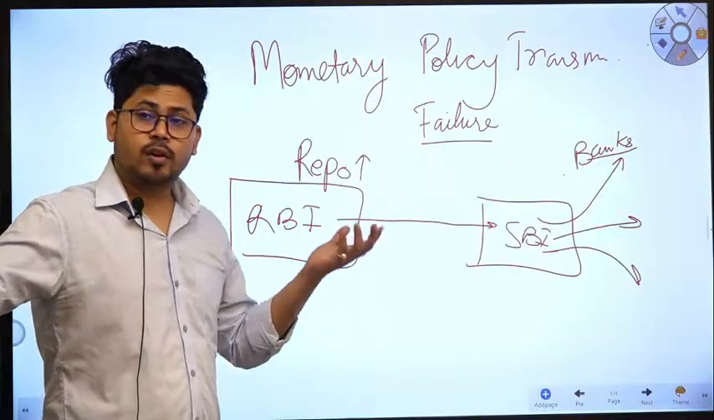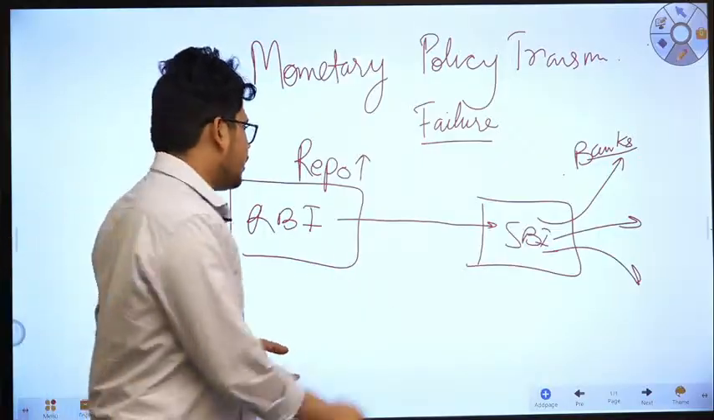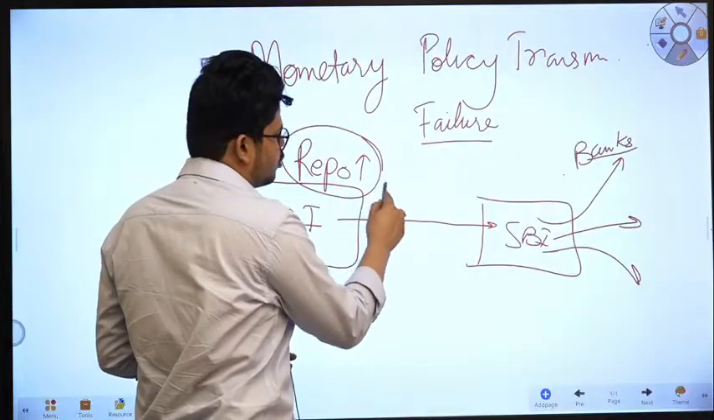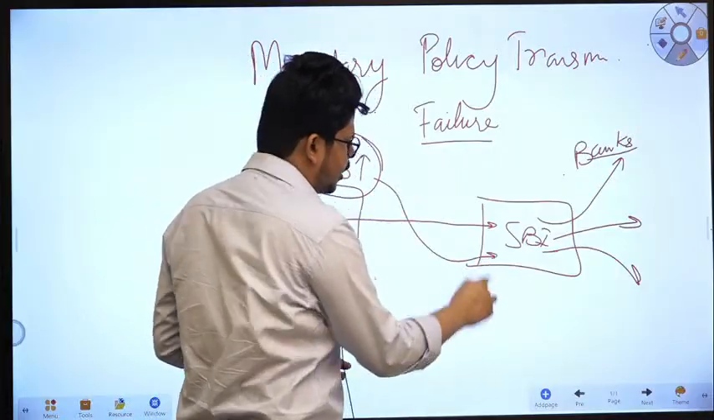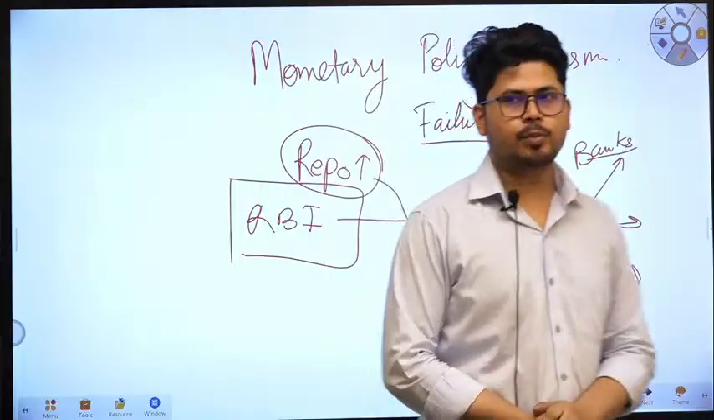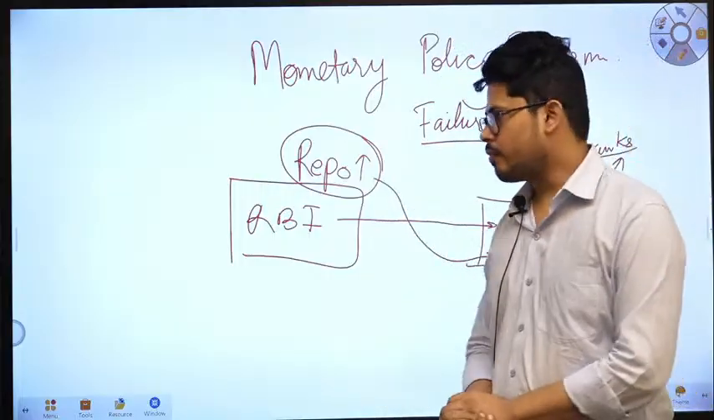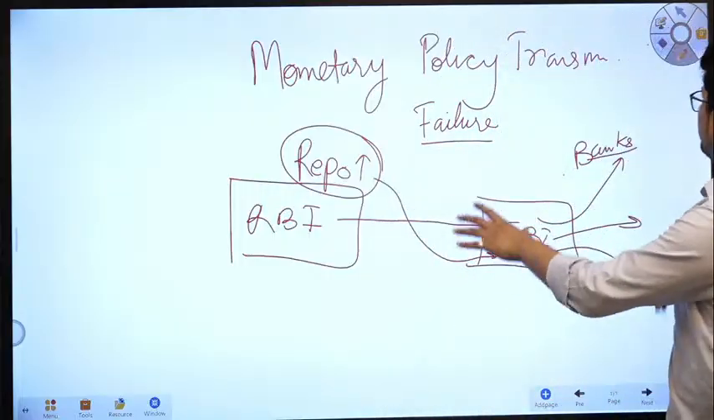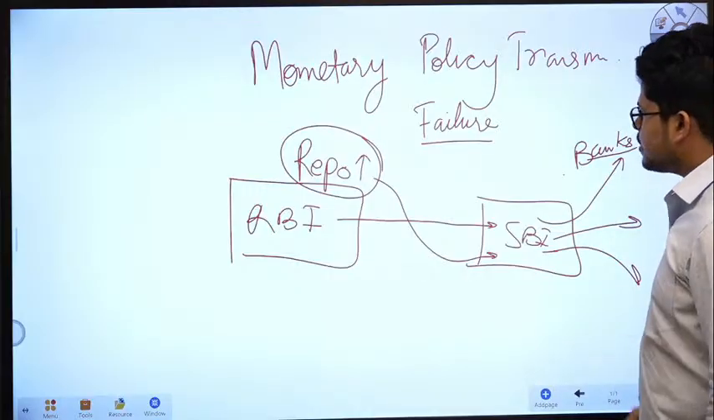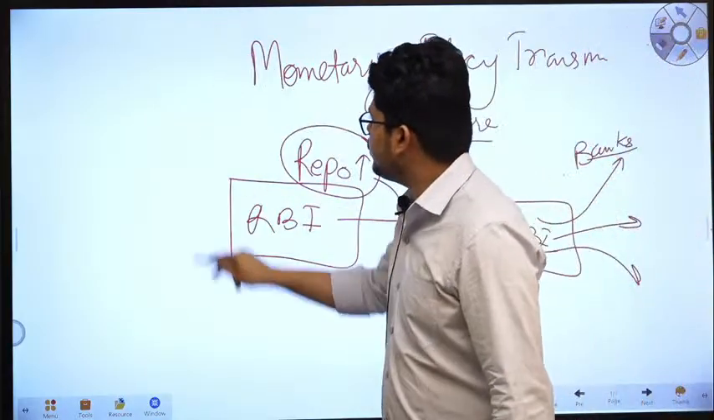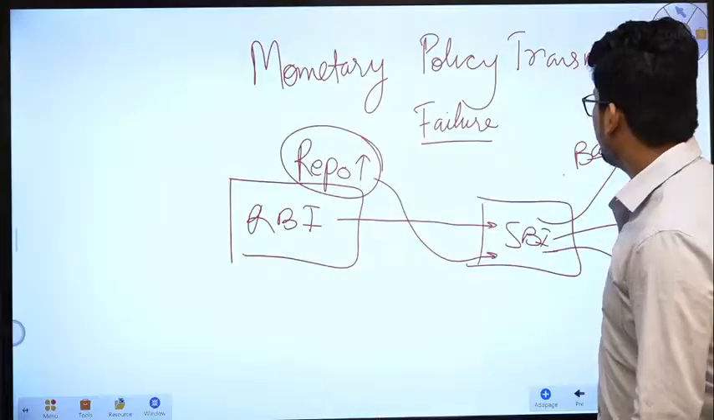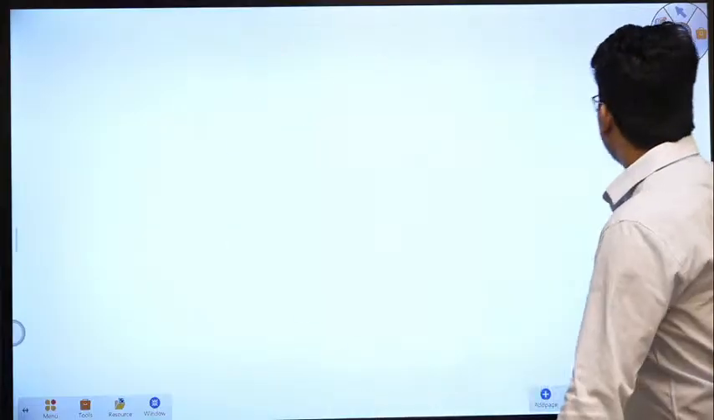But if contrary to that happens, then the monetary policy tool has not been able to produce desired outputs, and that is called monetary policy transmission failure. Now you have understood this, you can clearly say what can be the reasons of monetary policy transmission failure. Okay. The first one is